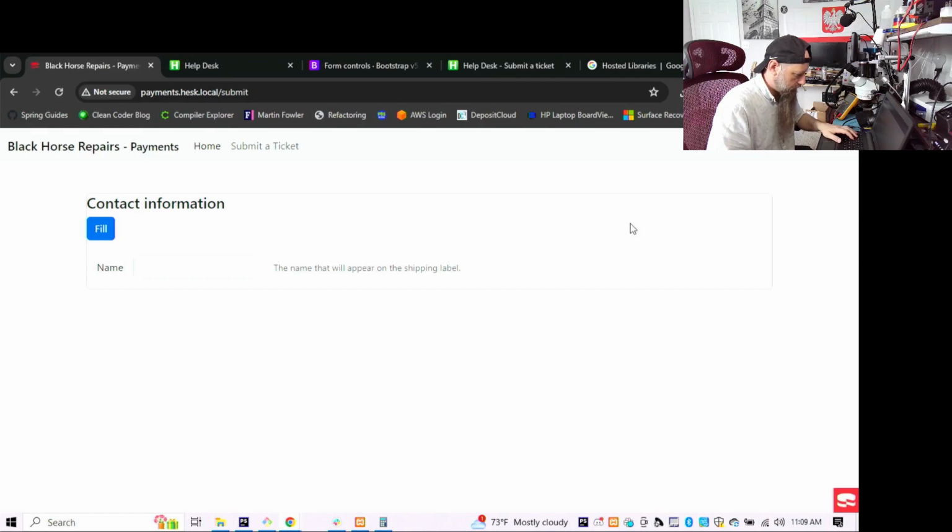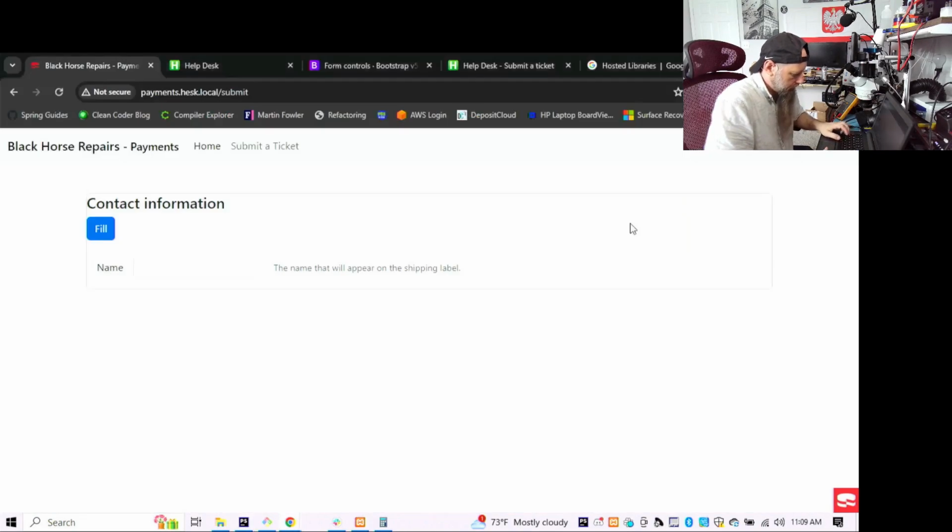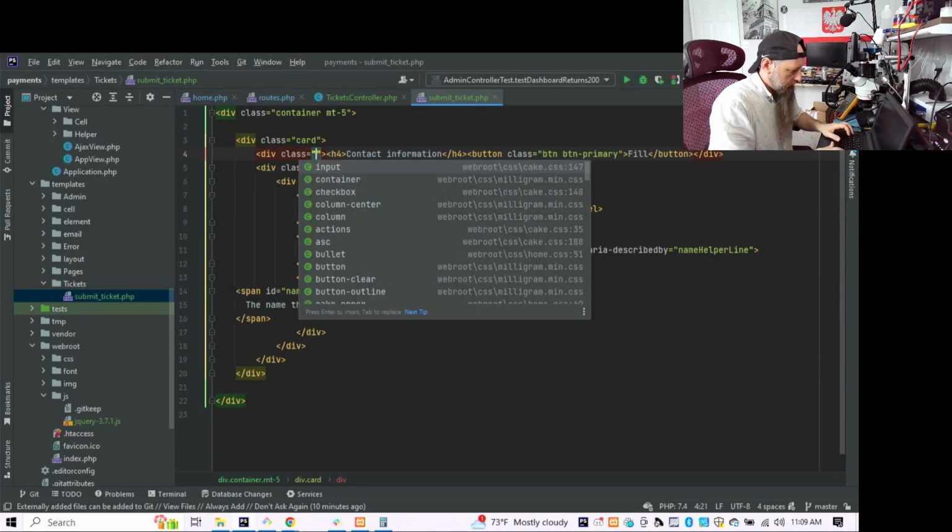It's not working well because of card title. Maybe it's better to do it in the panel. Let's get rid of card title class. Put it in the separate div. It hasn't made any difference. So let's call it class